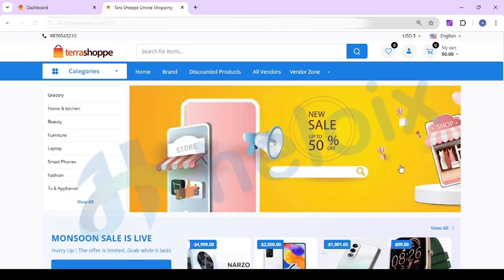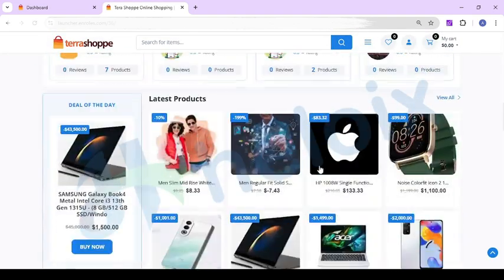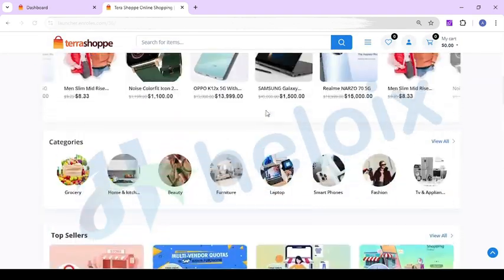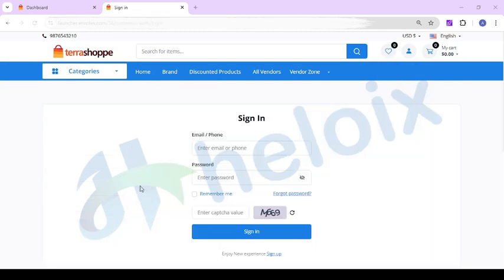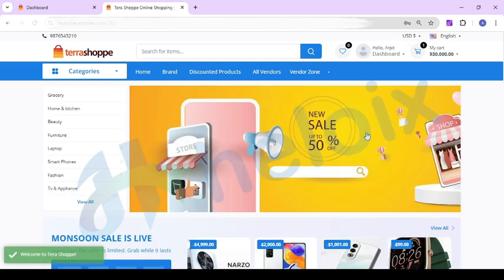So this is the front end which I already showed you. Now let me show you other logins as well. Let me show you the user login. Just allow me a few seconds. Okay, so I'm logging in with the user panel. This is some user ID and password which we have created for demo purpose. So I log in as a user.